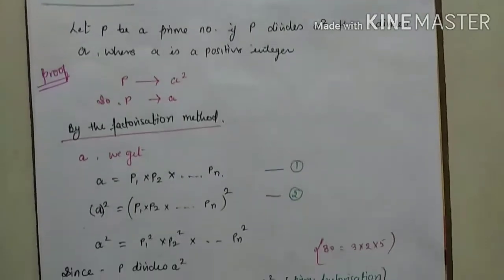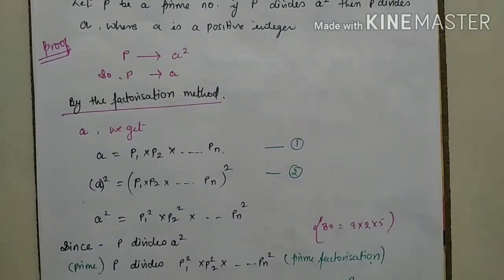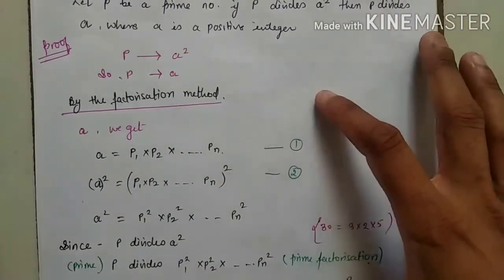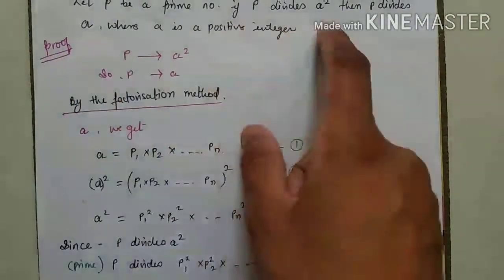Just see here how to do it. This is the complete theorem. There is no different kind of solution, so just go through the theorem. If you understand this theorem, you have to use the last part of this theorem in the question. There is no requirement to write it back to back again and again. You should know what the actual theorem is.